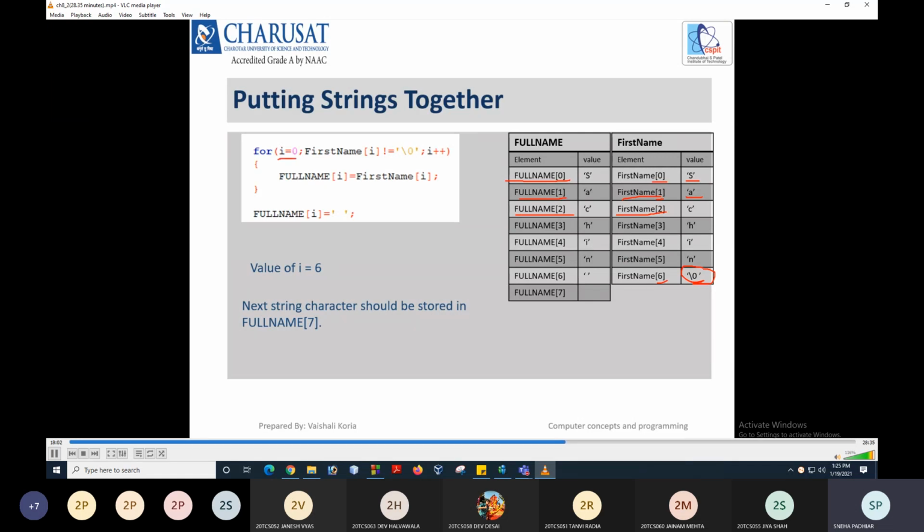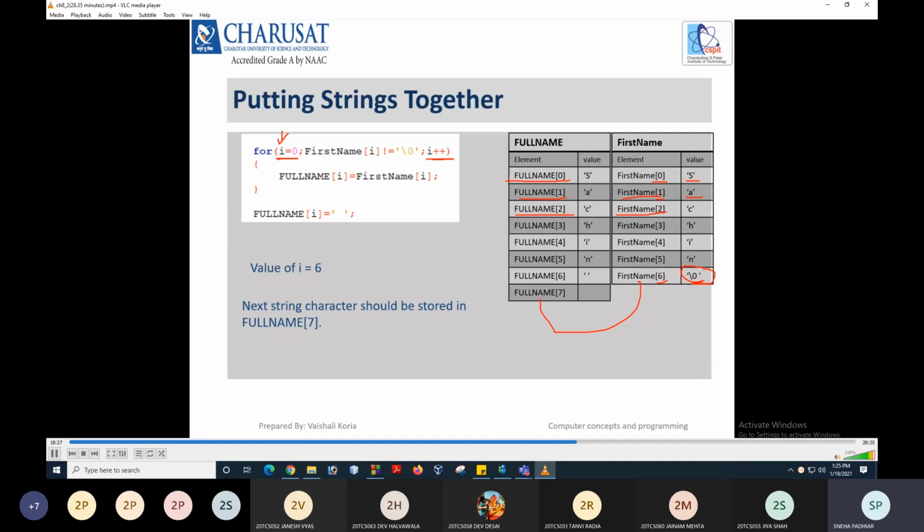So here we can take one variable i equal to 0. That will be for the indices. It will be incremented by 1, and we have to copy the characters of the first name to full name. So how many times should this procedure be repeated? Until the first name is null.